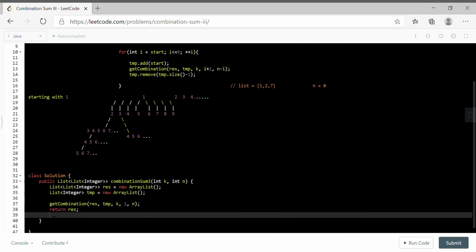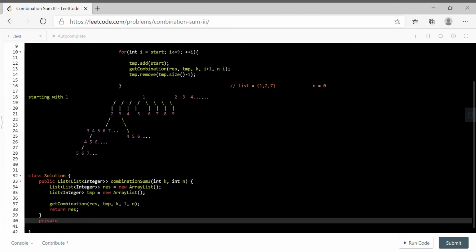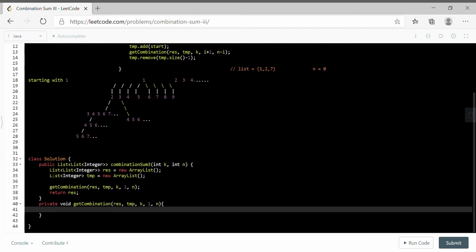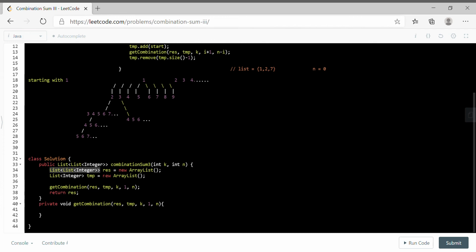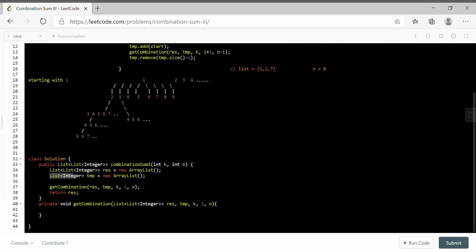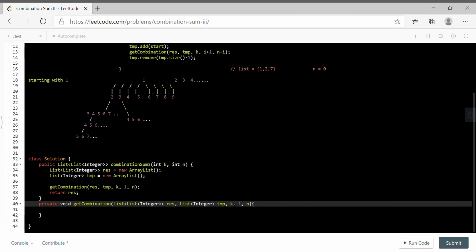Okay, private void get combination, this, right? This is nothing but this, and this is nothing but, and this is int start, int sum, right?